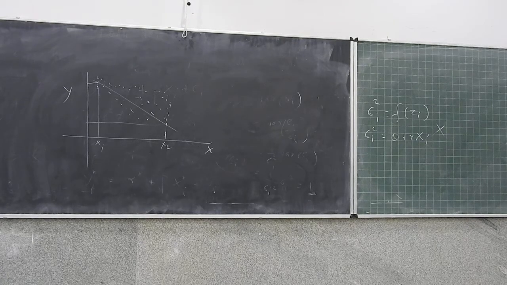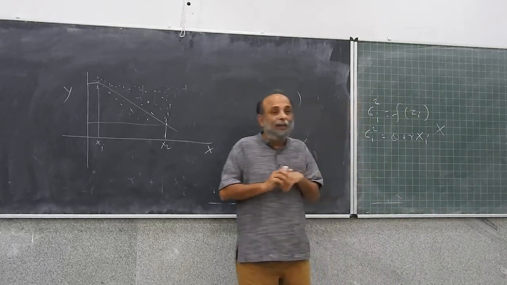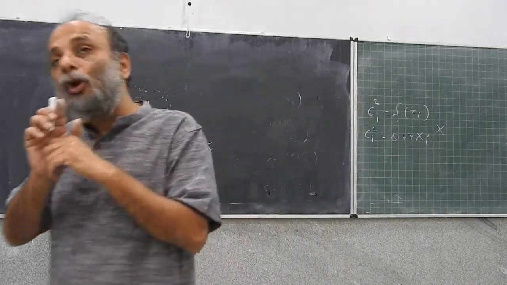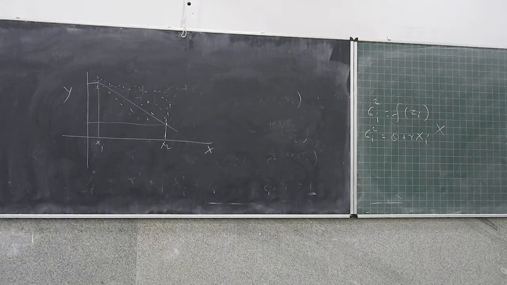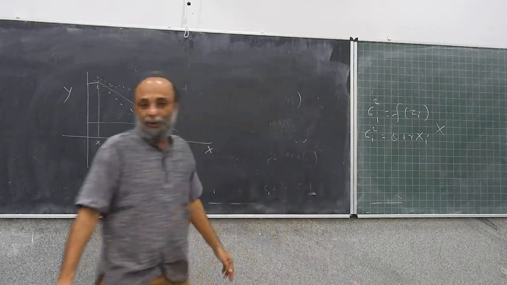Everybody gets that? So what we will do is we'll have to figure out a way in which we can get the dependence of sigma square i on xi in such a way that you can never get negative sigma square. We need to find that dependence, specifying that function in a way so that sigma square i can never be negative. And a classical way of achieving that is to say